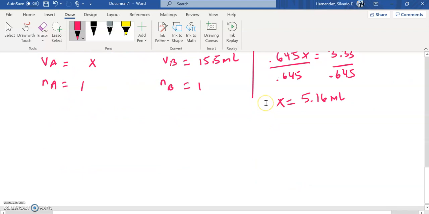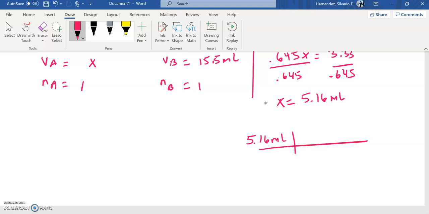Now, sometimes the question might ask me to convert these milliliters into liters. So if I want to convert those milliliters into liters, there's 1,000 milliliters in 1 liter. So dividing through, I get 0.00516 liters, right? And what are we